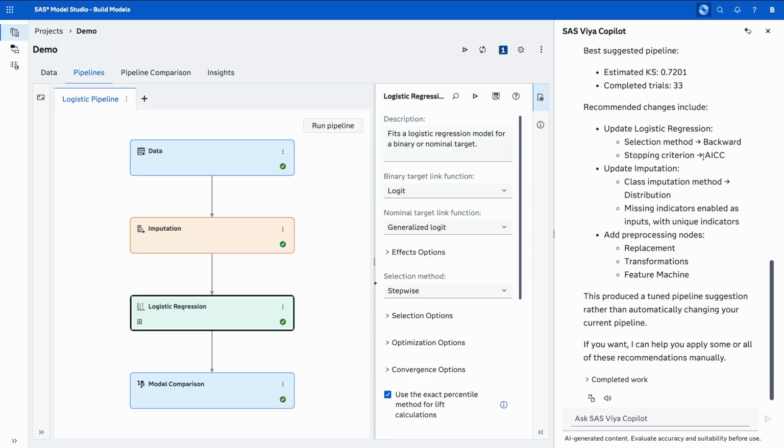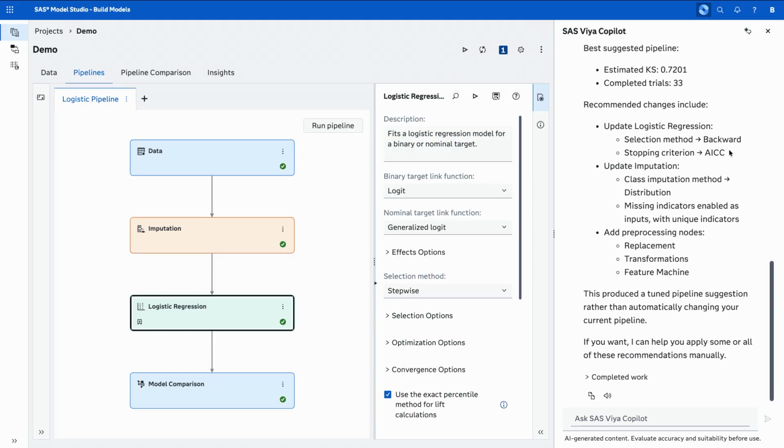Inside of logistic regression, it found a couple of different things I might change. Inside of my imputation node, some things I might change, and even some new nodes that I should add. It also makes the comment down here that these haven't been applied yet, because this is working off to the side of what we have over there on the left. So now I can read over these results and decide if I want to go ahead and apply those. It's not requiring me to apply them, it's giving me that option. So then I can say, yes, these look great, let's go ahead and apply all of them, and it'll update my full pipeline.